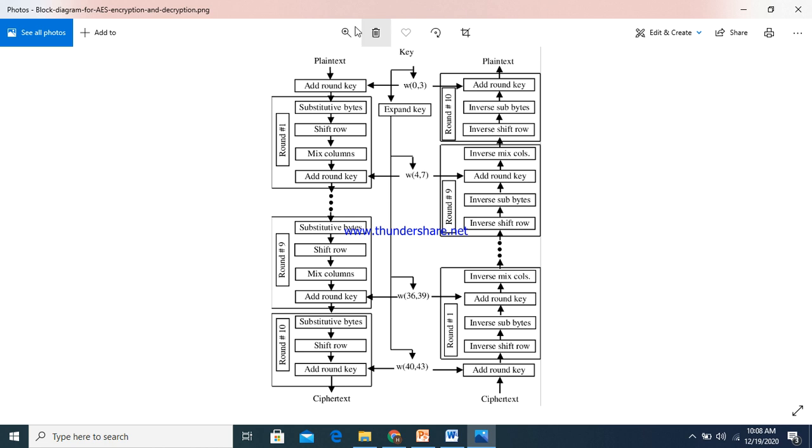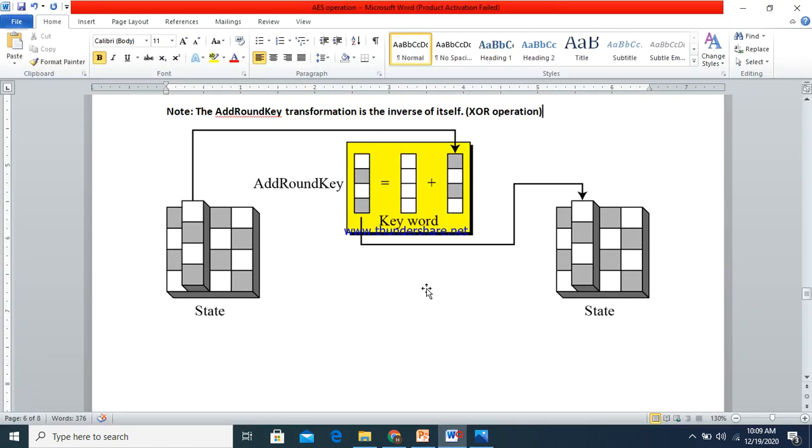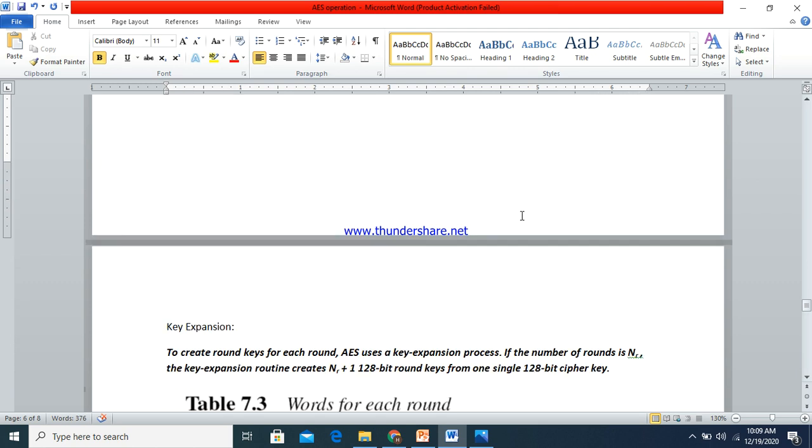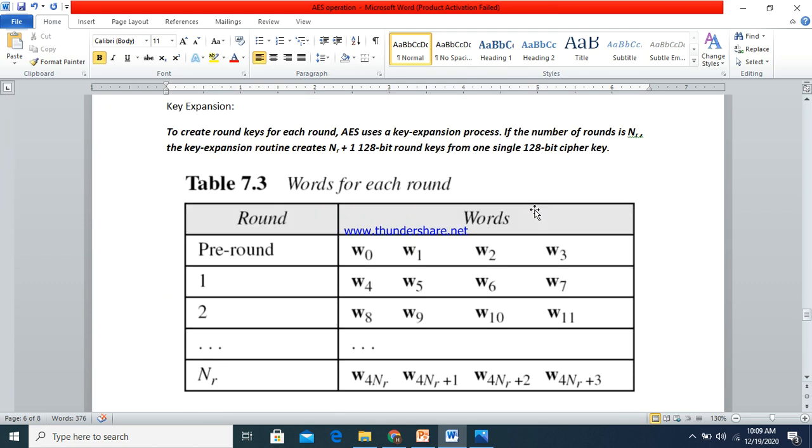But these 4 words must be expanded. See here, expand key, so that we get 44 words. From the 4 words you need to generate 44 words of keys for each round, so for this purpose we have to expand the key. How are we going to expand?